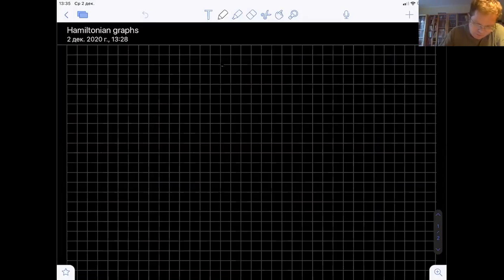Usually when we talk about edges we can also talk about vertices, because they're in some sense dual to each other. I remind you that we say the graph G has an Euler circuit if there is a circuit of the graph considering all edges, and we call the graph G